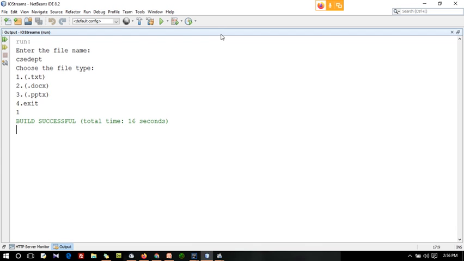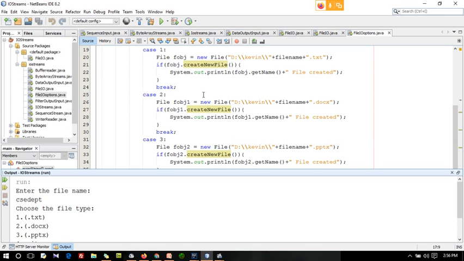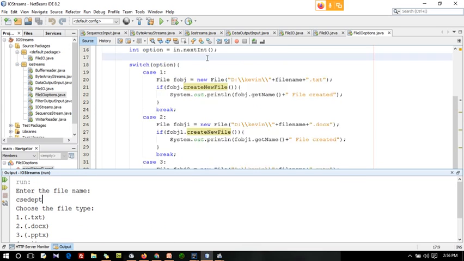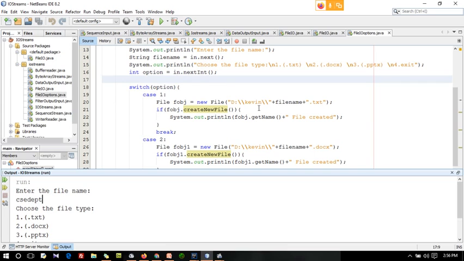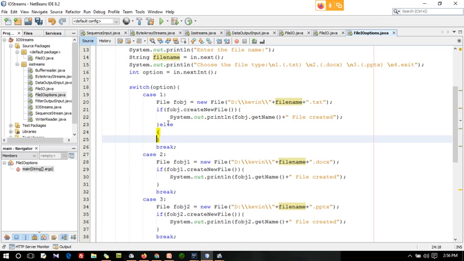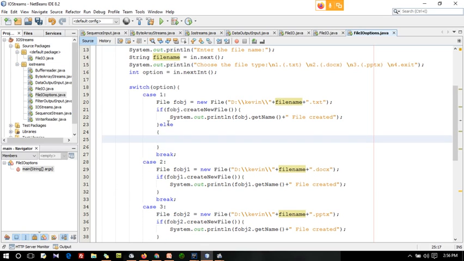Why is it not showing anything? The cscdept file is already available in this location, right? I think the error is not shown.